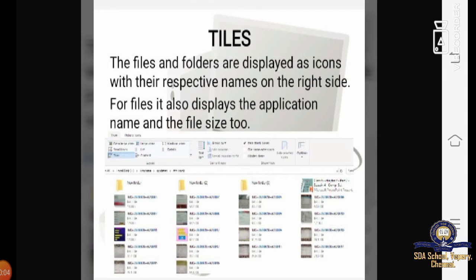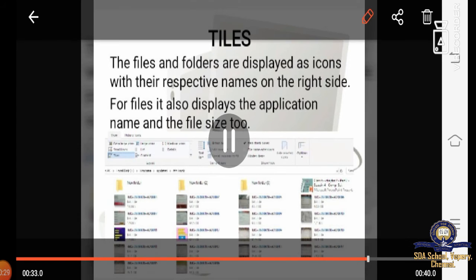Here it displays the complete file and folder names. When you save in each folder and open it, everything is in detail: the date, time, and the name you have given to each file, each video or each folder, that will appear under the tiles. You can open and view them any time.